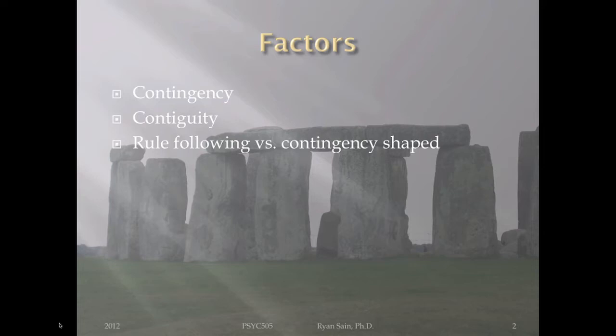The idea with contingency shaped behaviors, this is behavior that's come into contact with the contingencies. In other words, the reinforcing and the punishing scenarios in the world, right? So the behavior that has been contingency shaped, you've come into direct contact with the consequences, and those have influenced your behavior accordingly, right? That's contingency shaped behavior. That's the behavior we always want, really. We always want contingency shaped behavior ultimately, and we'll always shoot for that.